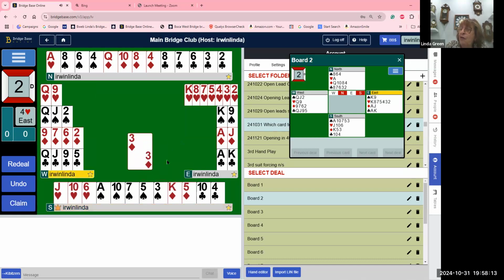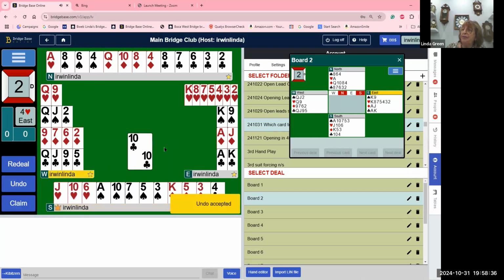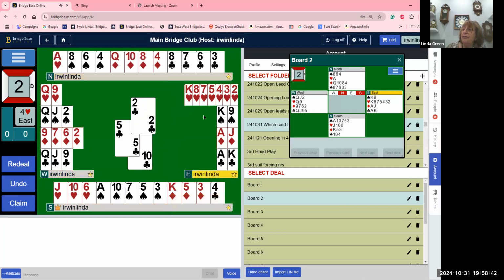Now, if we had to look at this hand and you led the 10 of clubs, they can never ever go down. A diamond lead beats this contract. Let's look at it and I'll tell you why. If we go back, and I'm going to undo this hand for 1 moment. If you lead the 10 of clubs, and it goes 5, and you win the ace,